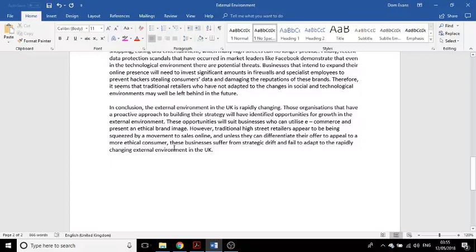So I think the main elements of a good conclusion are a clear answer to the question that has been supported and justified by the analysis throughout the essay. You identify a problem or some balance in the essay, i.e. why does that not apply to all businesses? And if you can then offer a solution to that problem, you've got a really good answer to the question.